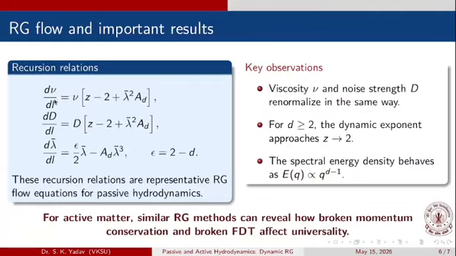This is the recursion relation for the passive particle hydrodynamics parameter. The recursion relations for viscosity and noise strength D look the same. This is due to the fluctuation dissipation theorem. For dimensions greater than or equal to 2, the dynamic exponent approaches the value 2. Spectral energy density behaves as q to the power d minus 1. In 3D it behaves like q squared, which follows the